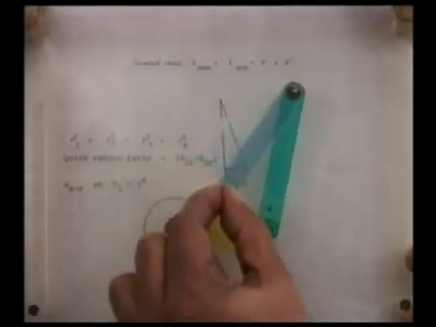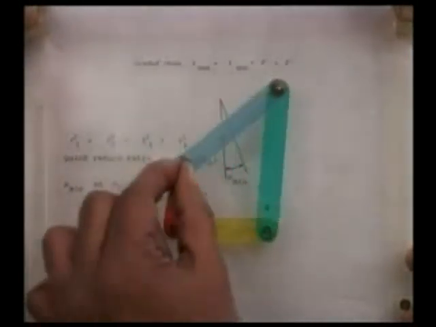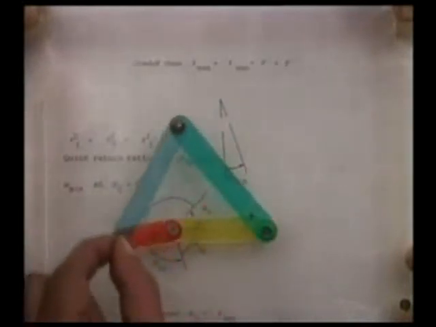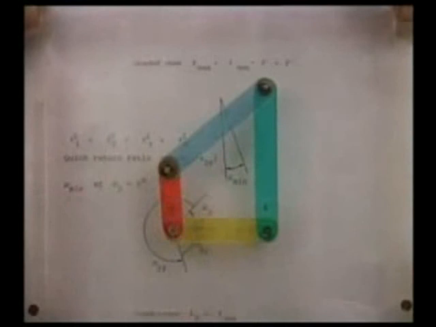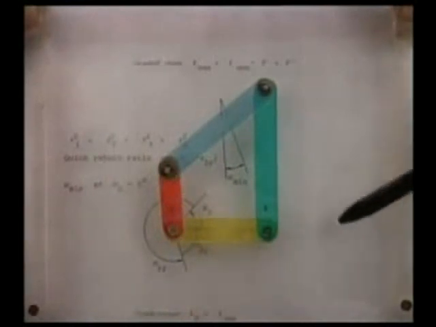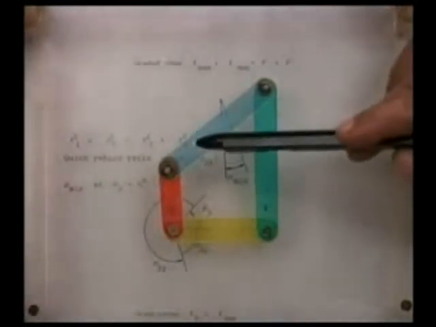So we see that the red link is rotating completely, whereas the green link is only performing oscillatory motion, and we get a crank rocker linkage. Another inversion, if I hold this link adjacent to